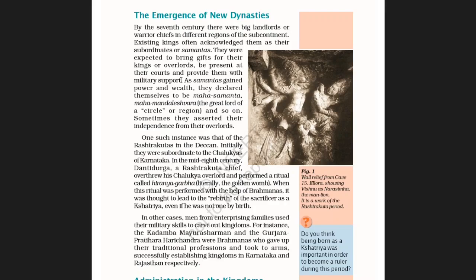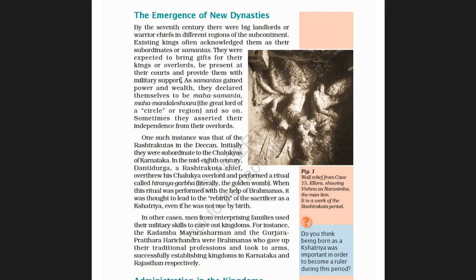So, that particular king cannot look after the entire part of his kingdom. So, he makes some samantas, and these samantas used to look after several parts.